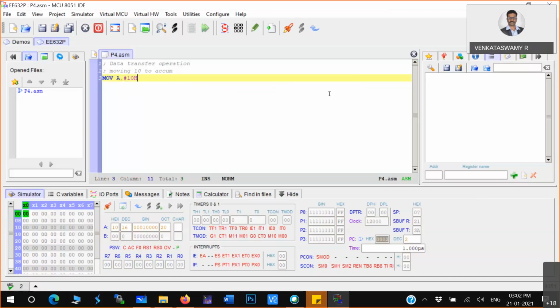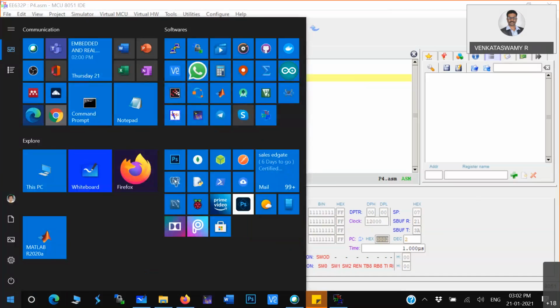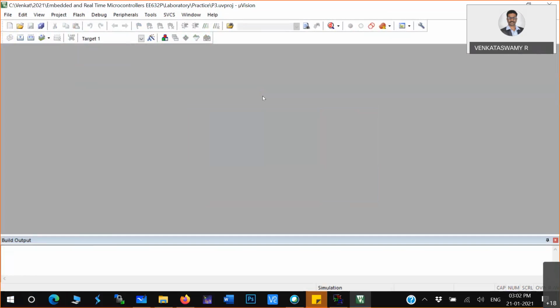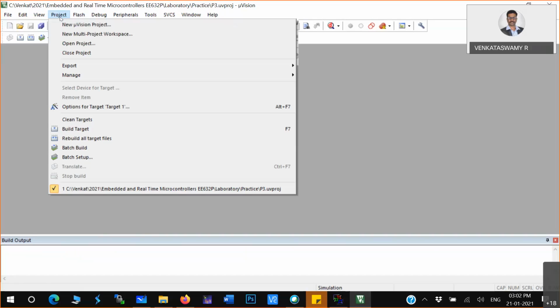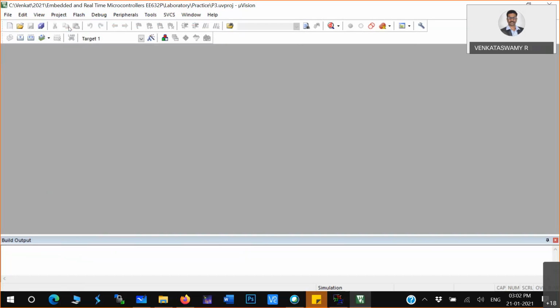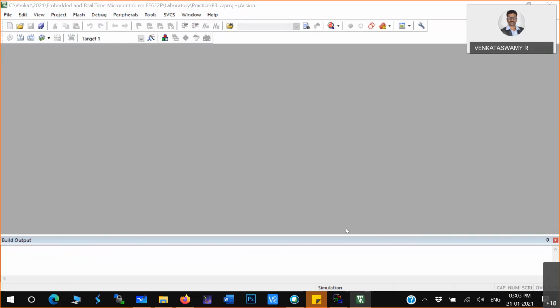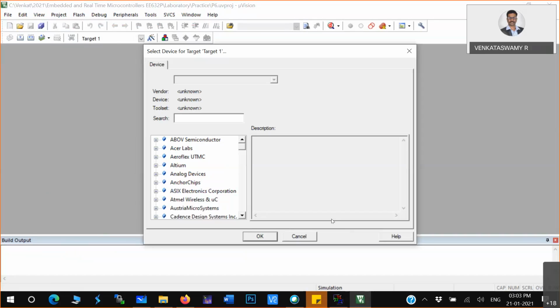Now this is what you do in this MCU 8051. Simultaneously, Keil software is also there. I told you, C51, you just install that software, so you will get this kind of screen. Then what you have to do is click on Project, New Project. Some project like P6, some project I created. Then search for 8051 microcontroller.